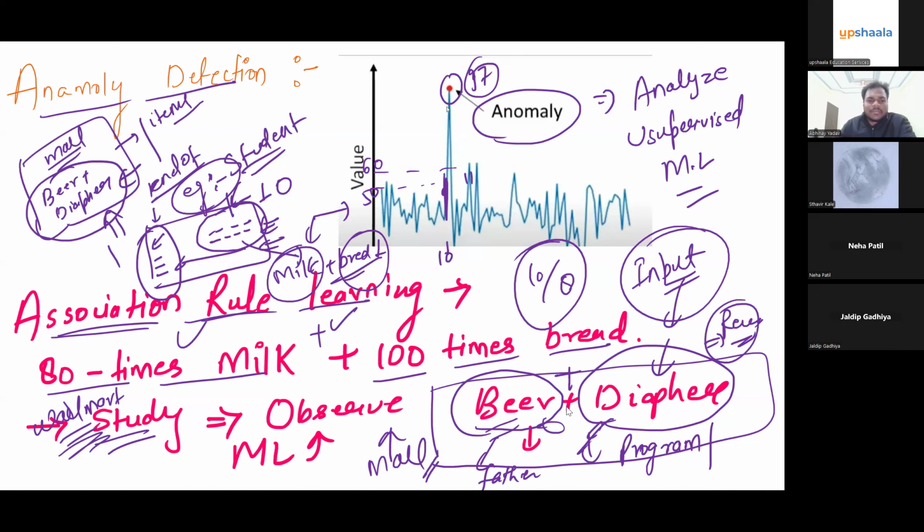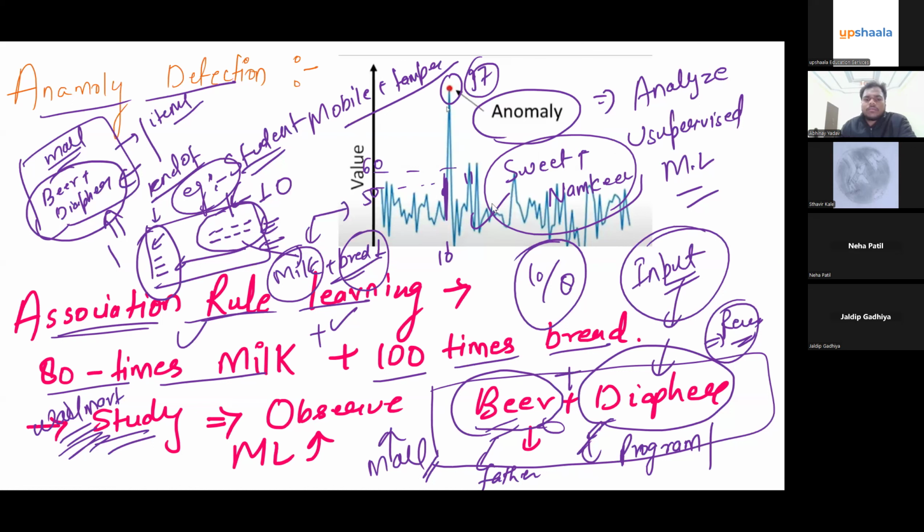A mobile cover can be an association, right? Yes, definitely, mobile plus mobile cover plus tempered glass. And maybe other foods, suppose sweets plus namkeen can also be associated. It depends from person to person. Suppose a large number of people prefer this thing, so this will become a case study, and other people will follow the same thing.